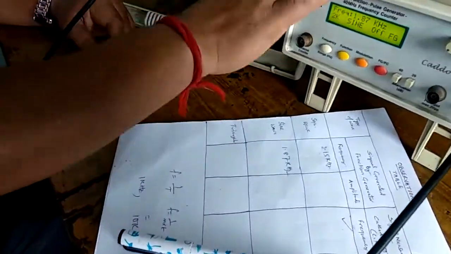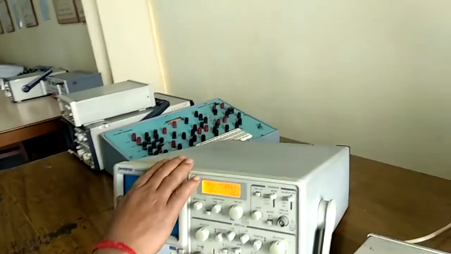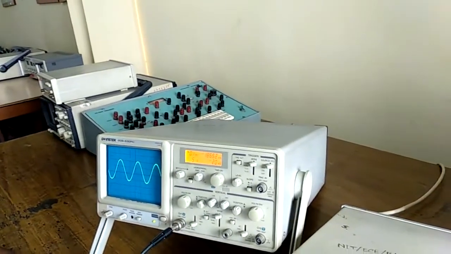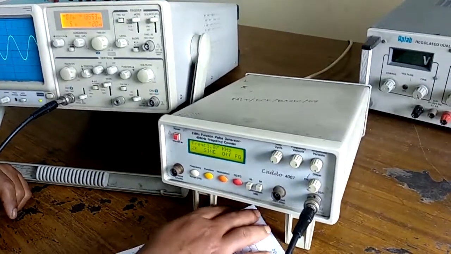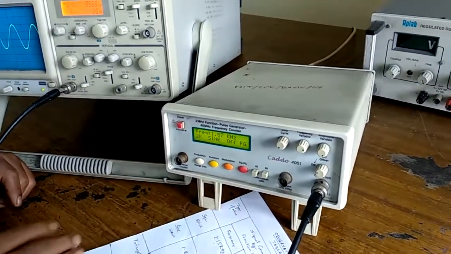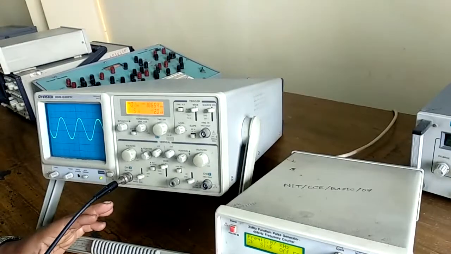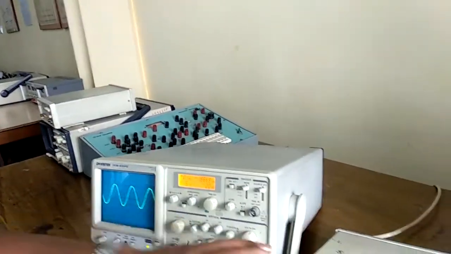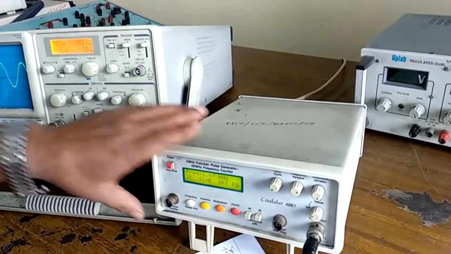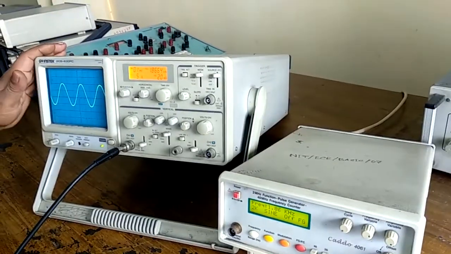AC first year. Today I would like to show how to interface a signal generator, that means function generator, in short FG, with a CRO. CRO means cathode ray oscilloscope, analog cathode ray oscilloscope. In the previous video I already described how an oscilloscope operates, the basic operation has been done, and now we are actually connecting a physical signal source with an oscilloscope.